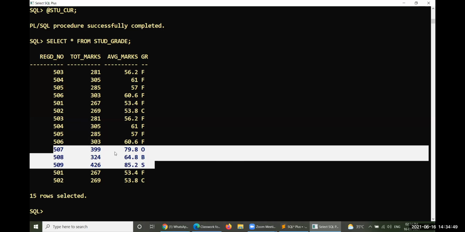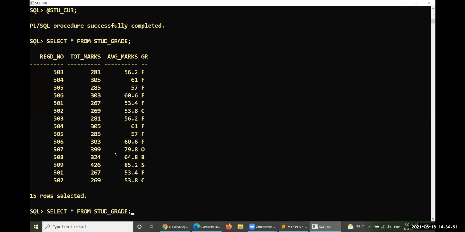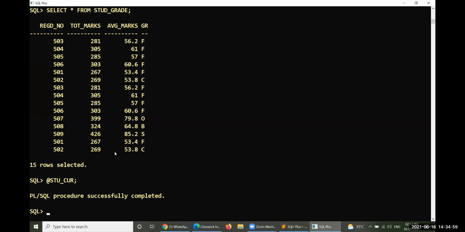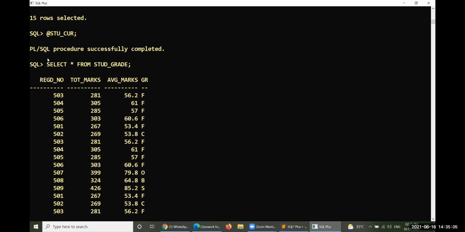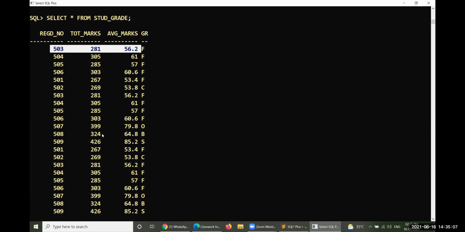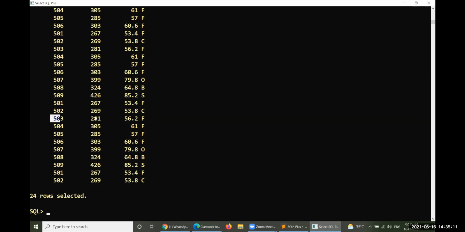If you run the cursor one more time, for example, procedure has been successfully completed. Then you open this grade. Yes, you can see 503 first time, 503 second time and 503 third time.